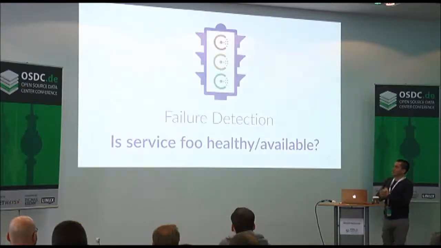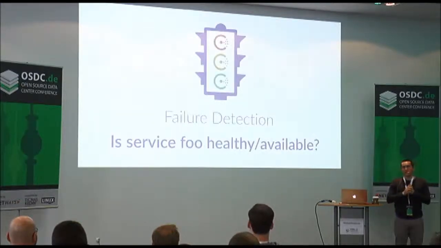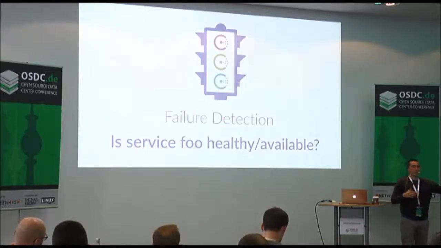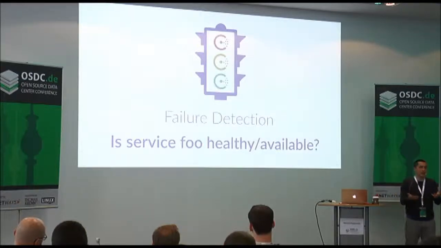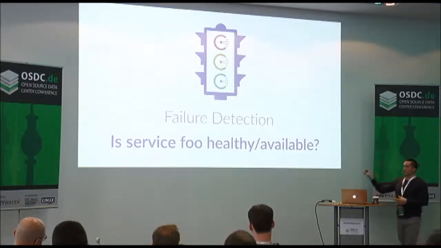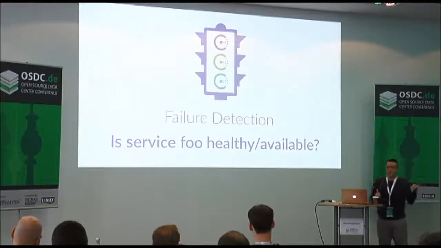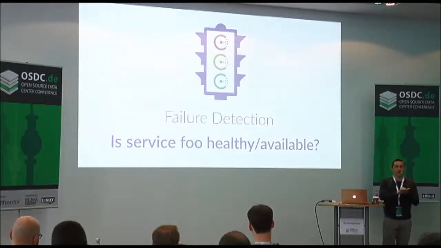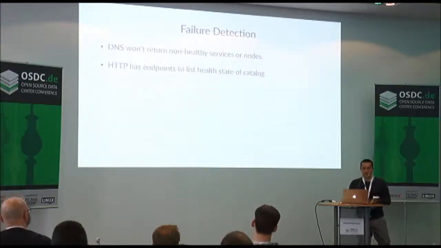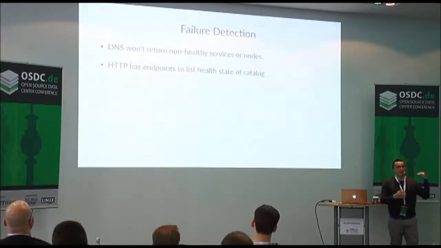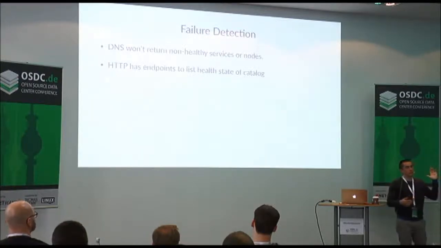Failure detection. So what you really want to do is ask Consul, where is the database? But you don't want Consul to give you an IP that is stale, that it knows is gone, or that someone knows is gone. So failure detection is both a way to detect failures, as well as affect the service discovery, so that when you're saying where's the database, you're actually saying where is the database that at this point in time you're confident I could reach. So there's no good screenshot for failure detection, but basically it's Nagios compatible: it executes a script, and an exit code of non-zero is unhealthy, 0 is healthy,